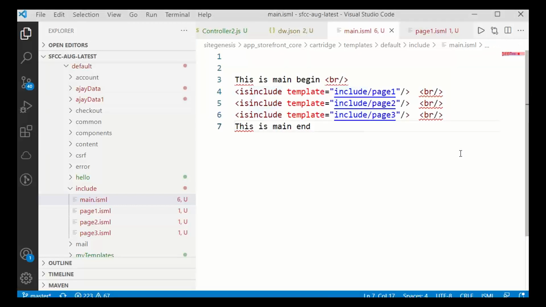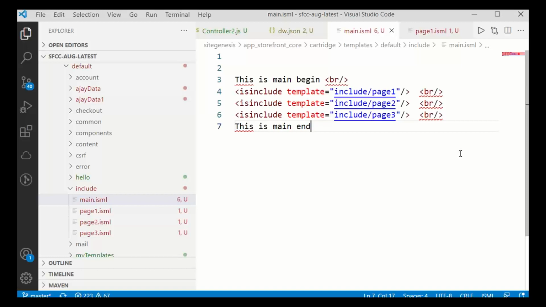This type of include is called a local include, including any template straight away. Page 1, page 2, page 3, other templates, are used straight away in the main.isml.